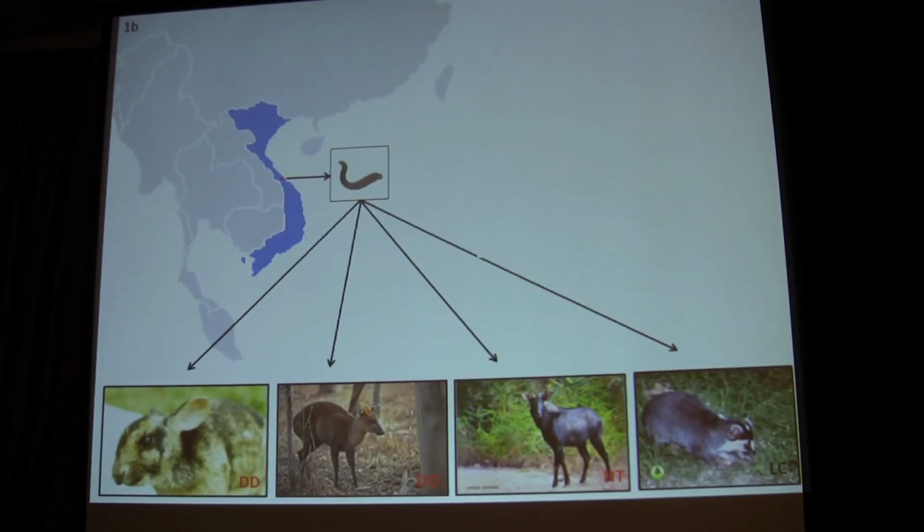This is the Annamite striped rabbit, discovered in the last 10 or so years. It is data deficient. Nobody knows anything about it. It's thought to be very rare. It was in 5 of our 25 leeches. It's not meant to be in the region. This is a muntjac, exactly the same story, discovered 10 years ago, meant to be very rare, in about